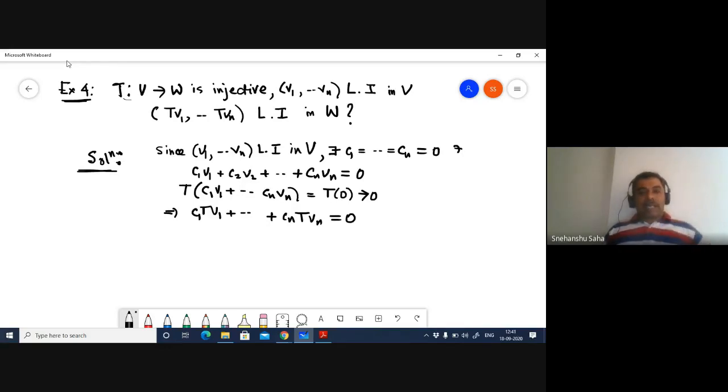So now we know that these, TV1 through TVn, are actually in W. We know that, by virtue of this linear transformation. So what we have to show is that these are linearly independent as well. Okay. All right. Now, since T is injective,